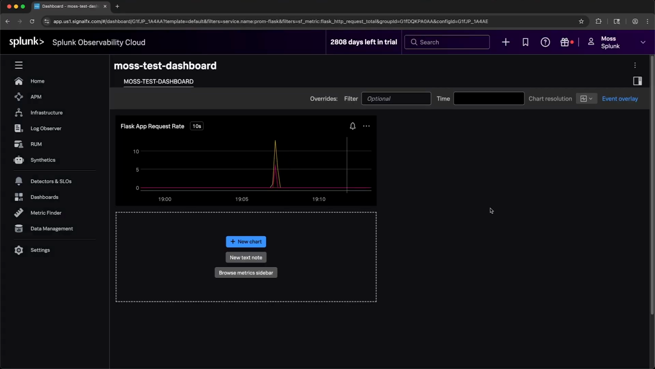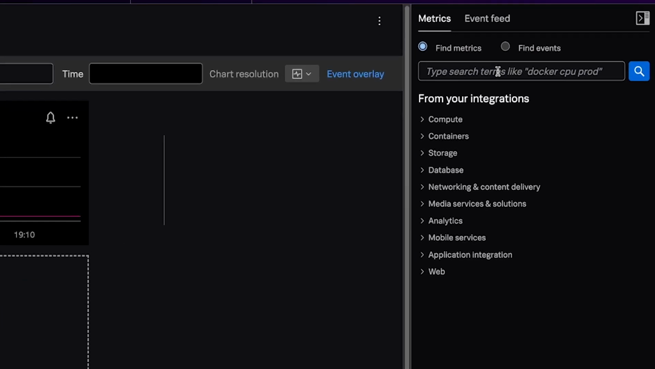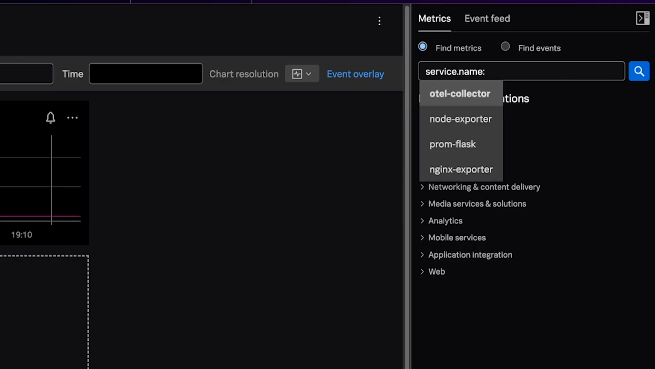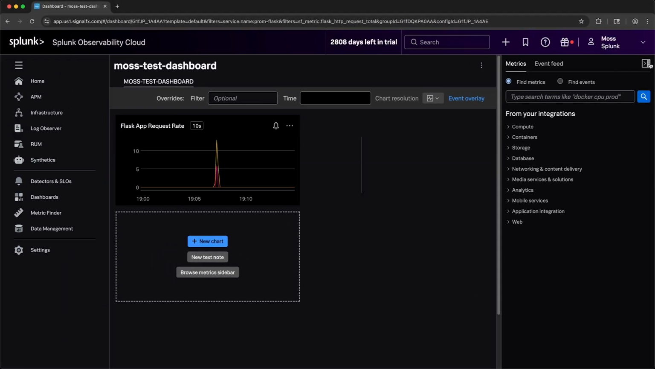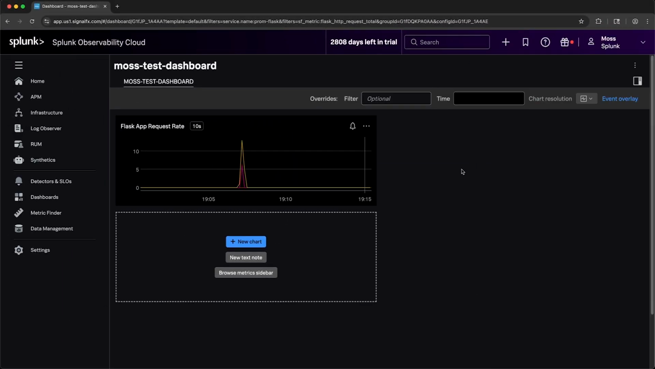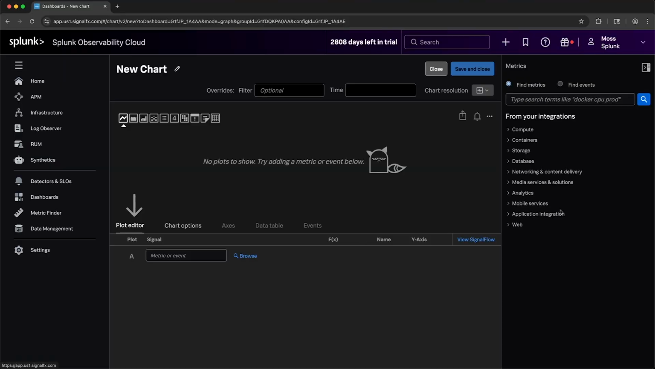If I wanted to add more charts to this dashboard, I can actually browse metrics within context of the dashboard. Or if I wanted to edit the chart before adding it to the dashboard, I can select New Chart here. And this gives me a little bit more control on the queries. And if I select Browse,